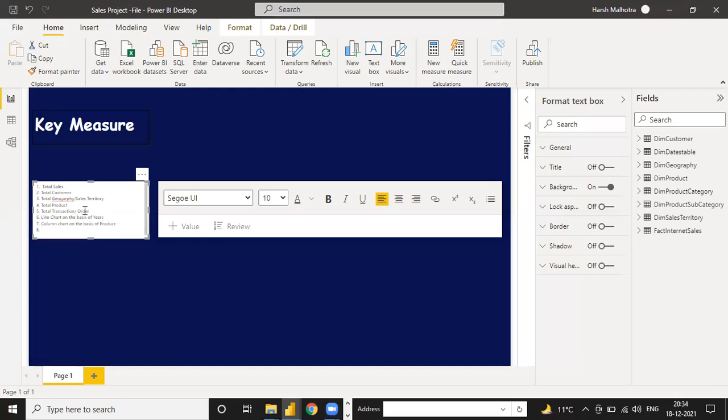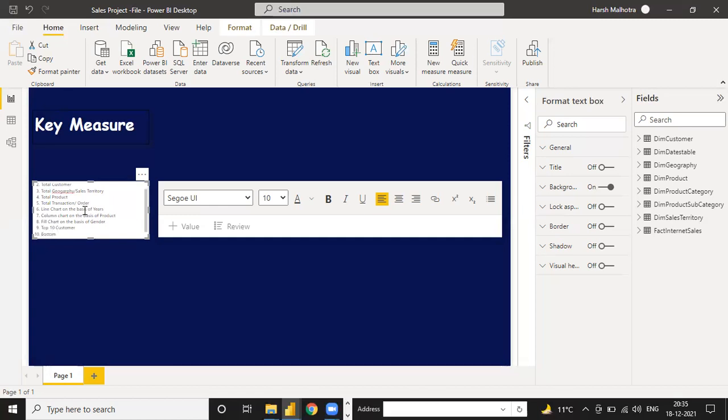Same way a column chart, and the next one is a fill chart on the basis of, what I can say, gender wise. Okay, ninth you have top 10 customer, and then you have to get bottom 10 customer.